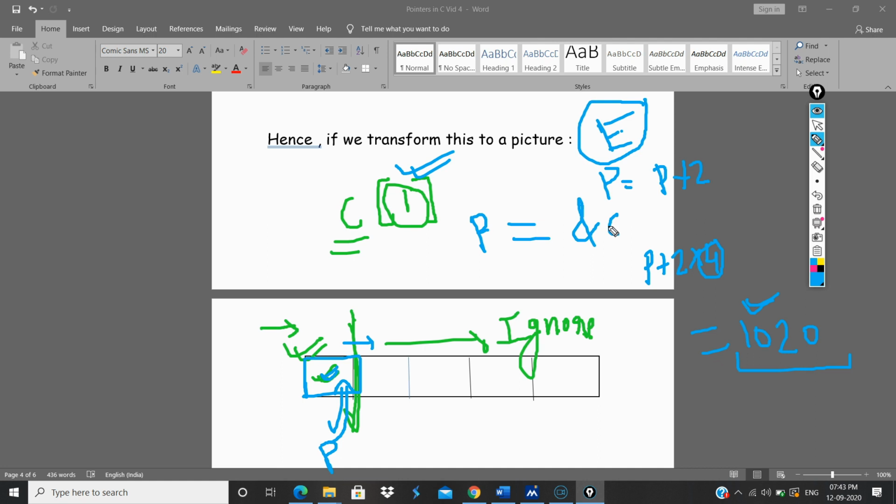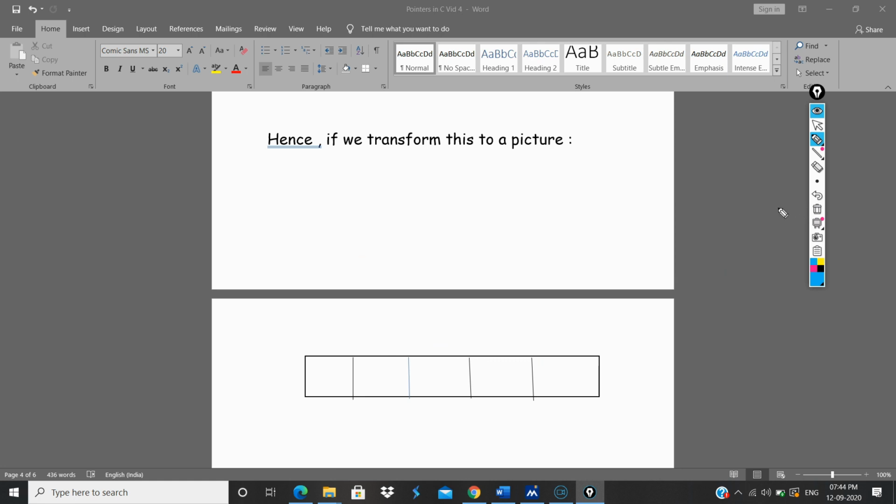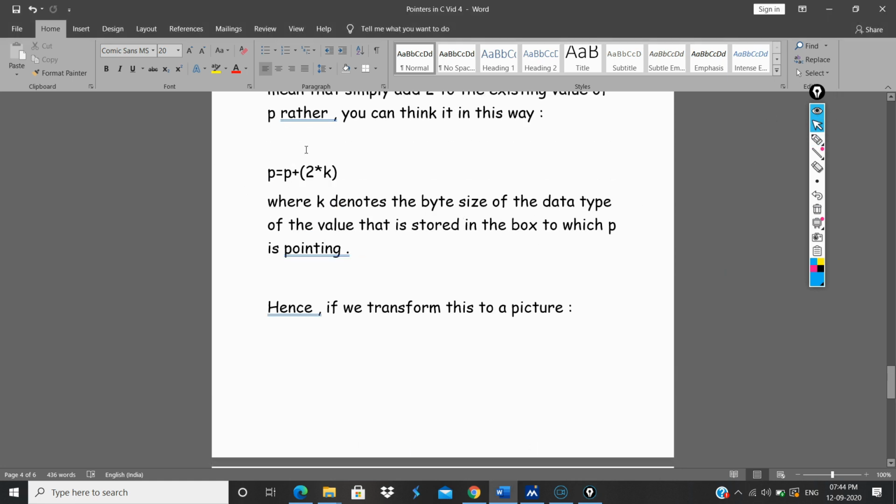So I discussed 2 cases where we'll get an error in normal terms. What do people generally think? Where we'll not get an error, and where we can also get an error if we go by the logic that I have mentioned here. So this is basically addition of pointers. This is how pointer addition is done.